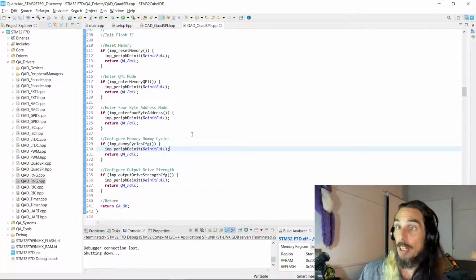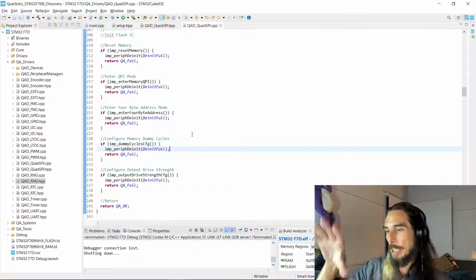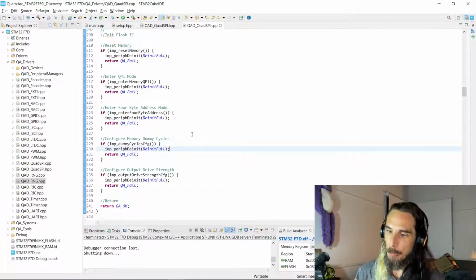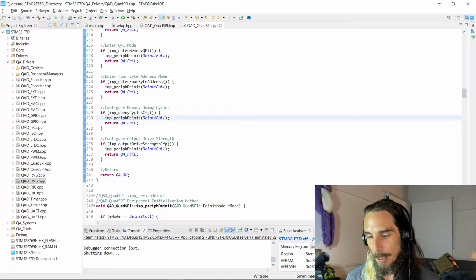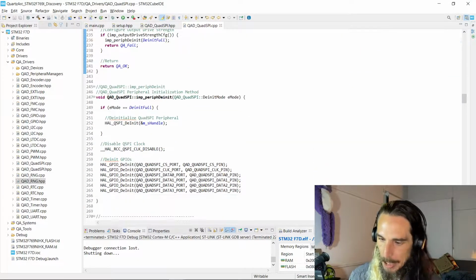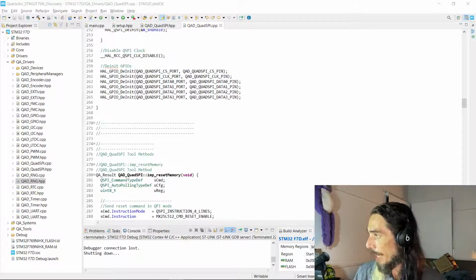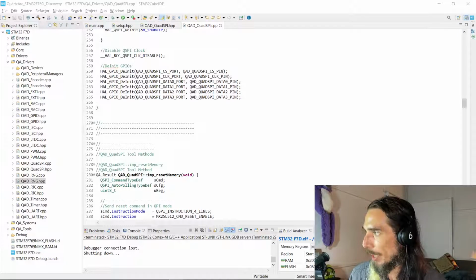Like if we're writing data to it, we're going to need to be able to put it into write enabled mode. So instead of having to send the command and do the auto polling to make sure that it's in write enabled mode, we can just use the tool method for it. Saves code duplication and keeps things looking a little bit neater as well. So that's our tool methods. I hope that makes a bit of sense and you get a bit of an understanding of how we go about using the HAL methods to actually communicate with the flash chip via